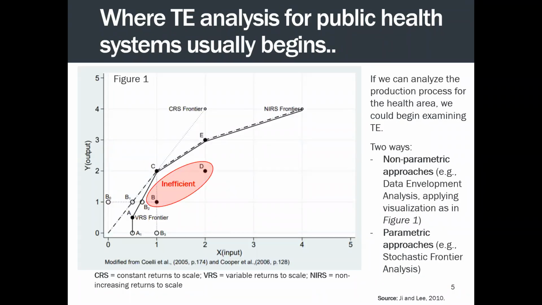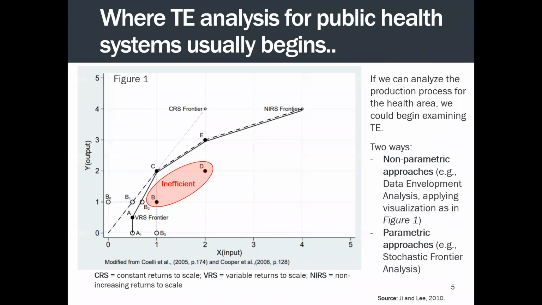This is a visualization that is pretty common to the way health systems analysis using DEA is performed. On the left, the figure shows various formations of production functions. You have, of course, constant returns to scale at the 45-degree angle between output and input. You also have a variable returns to scale production process. And then you have something which is perhaps non-increasing returns to scale, which could happen in areas where we